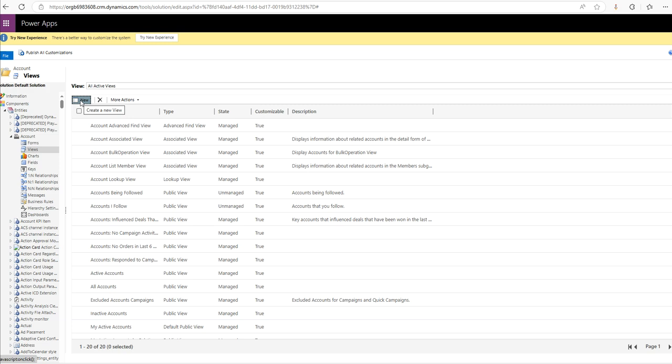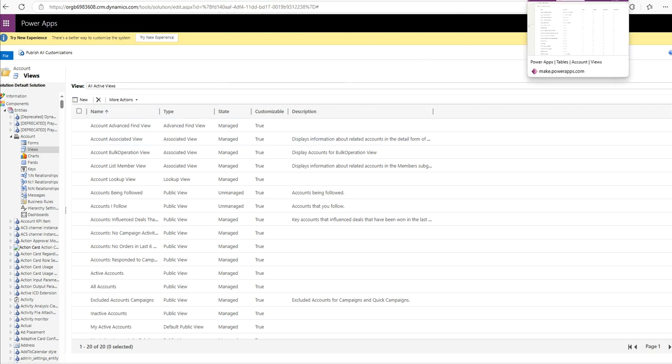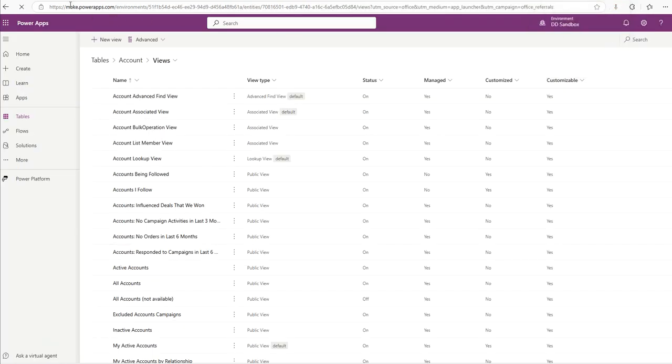Dynamics 365 has a new option in Power Apps, so this is more convenient. I am going to show this way, and I'm going to open my other screen. So if you go to make.powerapps.com and click the tables,